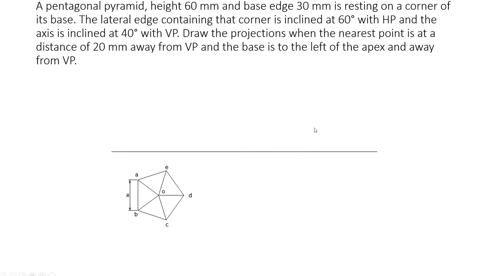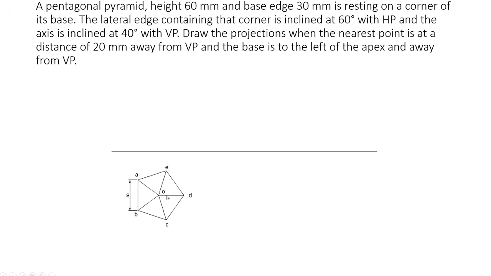So here it is a pentagonal pyramid and it is given that it is resting on a corner. So you want to start a pentagon with the corner on the right side or edge on the left side. So first you draw an edge perpendicular to the reference line like this at 30 mm, and from there you measure 108 degrees. So for a pentagon, 108 degrees is the included angle. So in that way 108 degrees, then you draw BC. So in that way you can draw this pentagon, name this ABCDE,